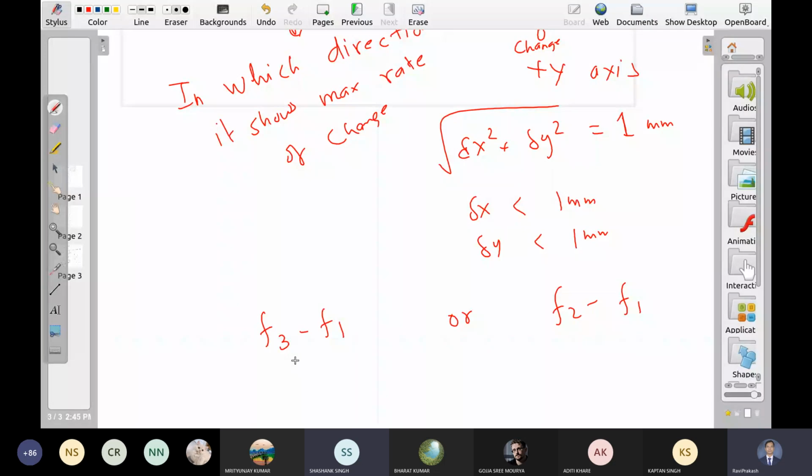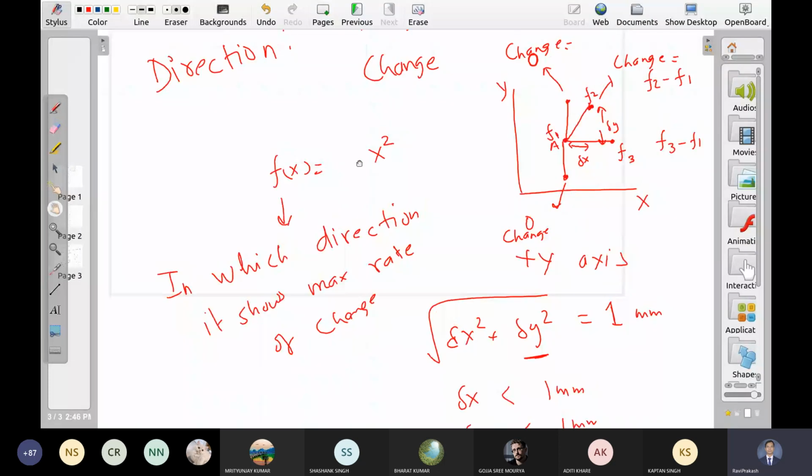सर क्योंकि fx की डायरेक्ट वैल्यू x पे डिपेंड कर रही है, तो f3 जितना चेंज होगा x की वैल्यू जितनी चेंज f3 में उतनी चेंज आएगी. There is no effect due to y, right? Whatever you move in y does not make any contribution in this function. So what is the maximum change when you go along x-axis? ये फॉर्मूला मैक्सिमम चेंज तभी शो करेगा जब आप x एक्सिस के along मूव करें.